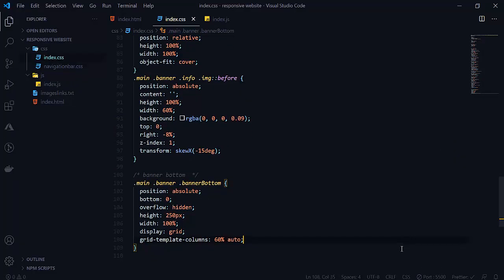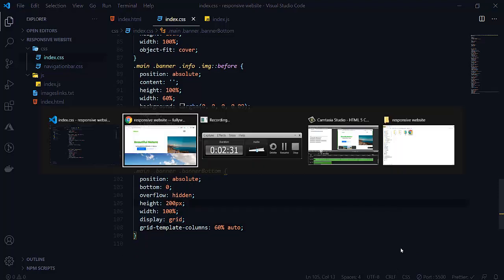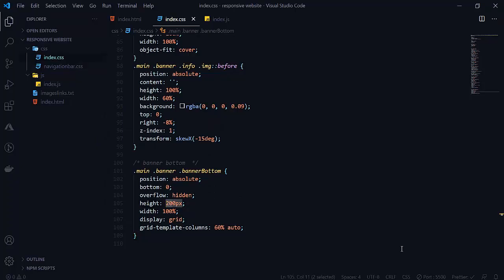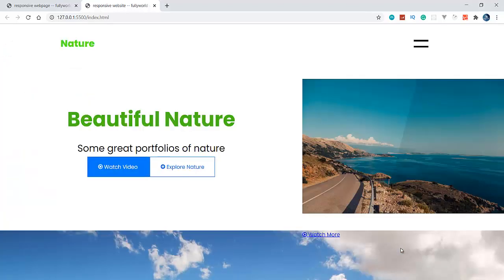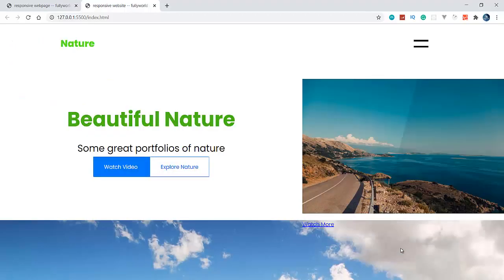So let's apply height here of 200 pixels. 200 pixel height is okay. It is looking a little big to me. 150 pixels. 150, 180 pixels. See that 180 pixel height is looking beautiful now.